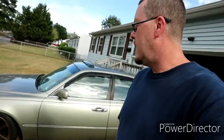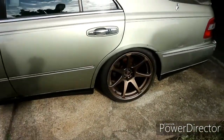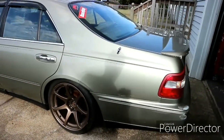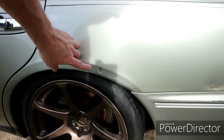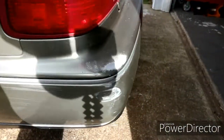Yes, we're gonna get back on the Infiniti. It's been a while. It's looking a little rough, but that's okay. So what we're gonna do is, first we're gonna wash it, but I'll tell you why in a minute. The main thing is we're gonna start on the bodywork. I don't know if it's hard to see, but there's a little bit of rust, a scratch there, rust and some scratch there, paint's messed up,